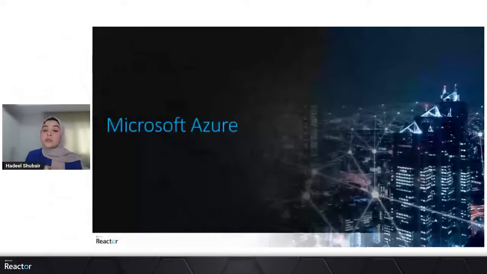And with Azure, as I mentioned, it offers three different services. You have infrastructure as a service, platform as a service, and software as a service. Along with that, it even offers machine learning and AI-based applications. So this is what Azure is all about. And today we'll be exploring the Azure Compute services in Microsoft Azure.